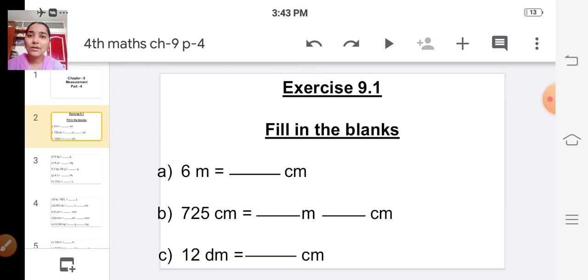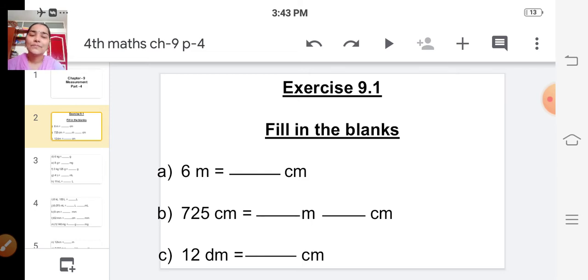So, do you all remember all the conversions? Yes, how to convert meter into centimeter and centimeter into meter, meter into kilometer, right? And liter into kiloliter, liter into milliliter, and similarly for grams into kilograms and kilograms into grams. Yes, I hope you all have remembered. So with that, shall we start doing problems?